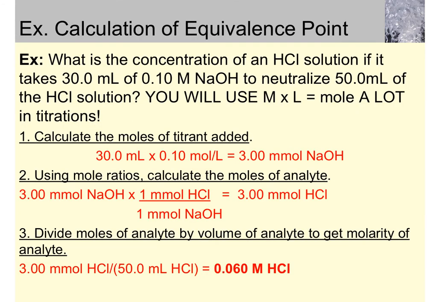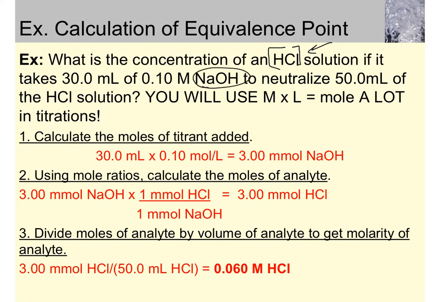Here's a straightforward example. We have an unknown concentration of hydrochloric acid. Now this is commonly done, for example, when we worry about the acid content in bodies of water, so this might be a sample of stream water or lake water that is being monitored. But let's say that we have a solution of unknown concentration of acid and that we titrated it with sodium